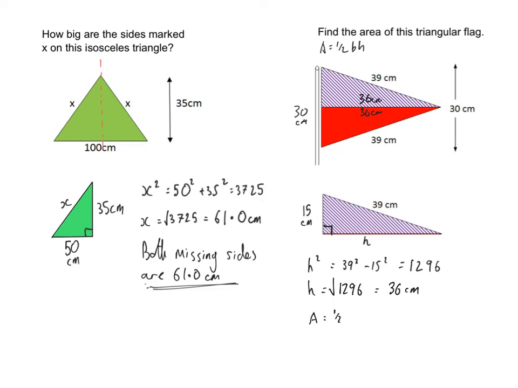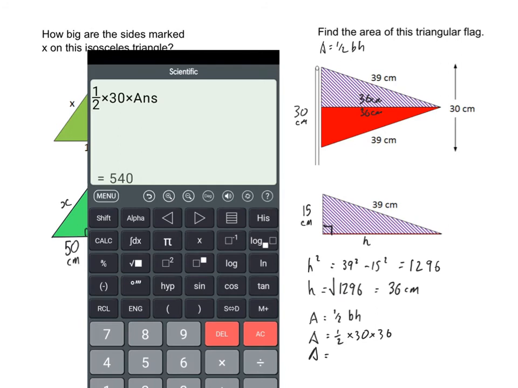The area is half base times height. So the area is going to be half of 30 times 36. So my area will come out as 540